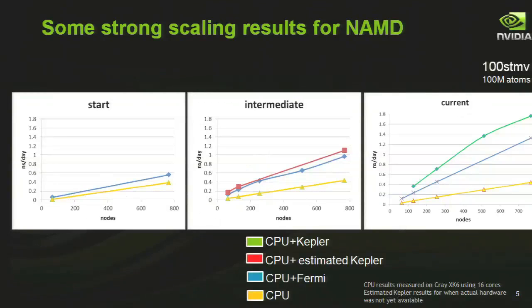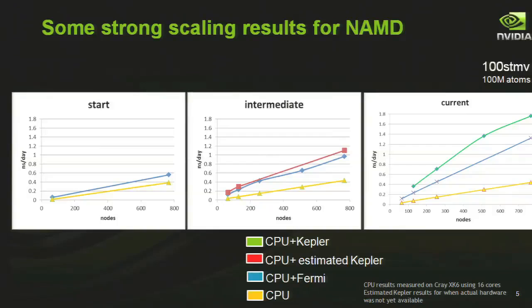And here's a much larger system. This is a 100 million atom system. And similarly, we got pretty good performance improvements here. Just note that the intermediate results are for what we estimated the NVIDIA Kepler GPU would be, because at that point,